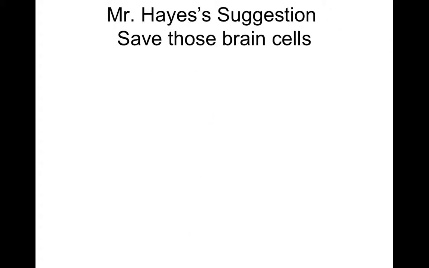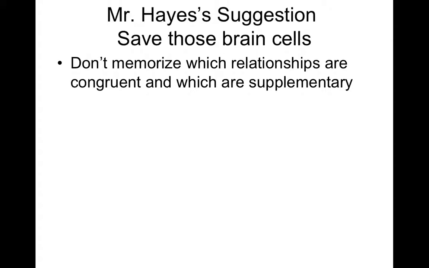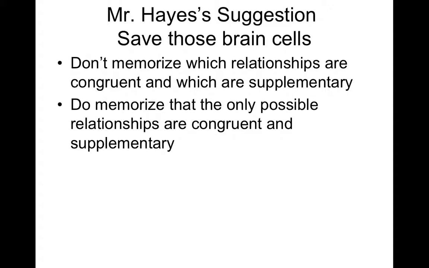Here are my suggestions to try to save those brain cells, because we've gone through an awful lot of stuff, and some of it is just illustrative, and some of it you're really going to need to remember. So don't memorize which relationships are congruent and which are supplementary. Don't say alternate interior angles are this, but alternate exterior angles are that. Instead, simply remember that there are only two possible kinds of relationships. They're either congruent, that is, the measures are the same, or they're supplementary, that is, the measures add up to